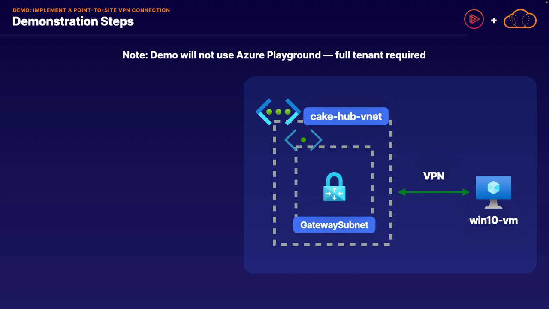So what we're going to do in this particular demo, we're going to start with a single virtual network and also a separate Windows 10 virtual machine that is not part of that virtual network. Side note, if you are following along and you have your own Windows machine, you can certainly use your own local Windows machine to connect. I'm just using a virtual machine because I don't have a local Windows machine to connect with. In this demonstration, our VPN gateway is already up and running, so we can go ahead and jump straight into